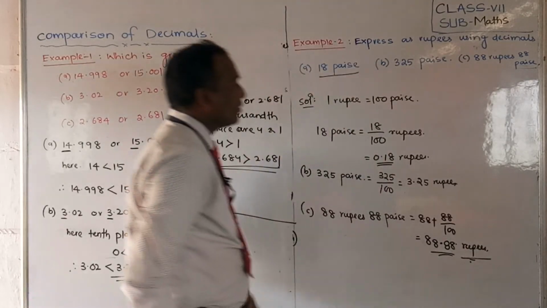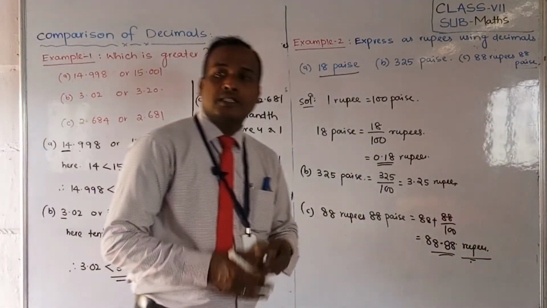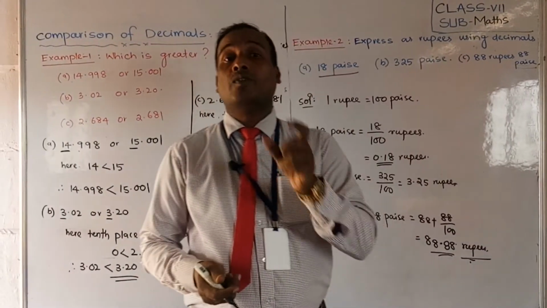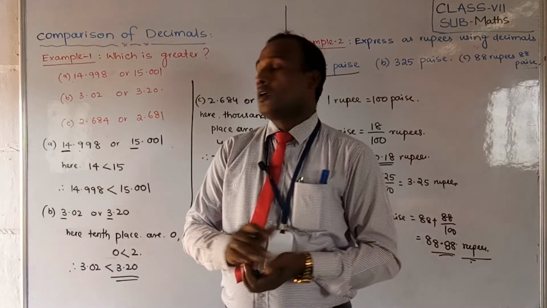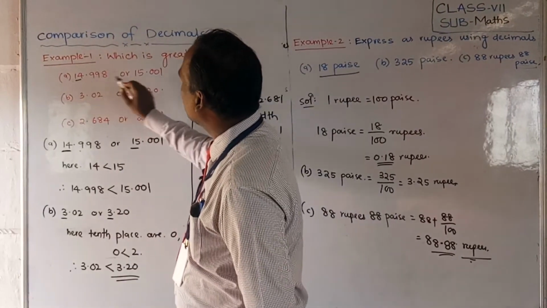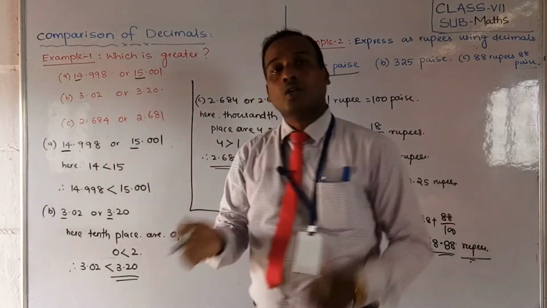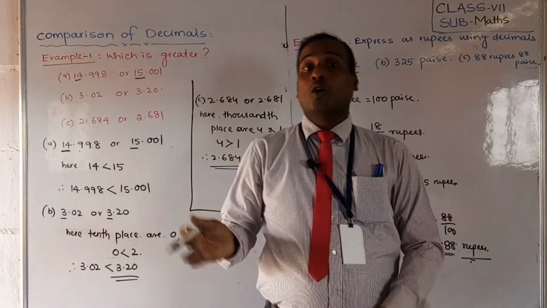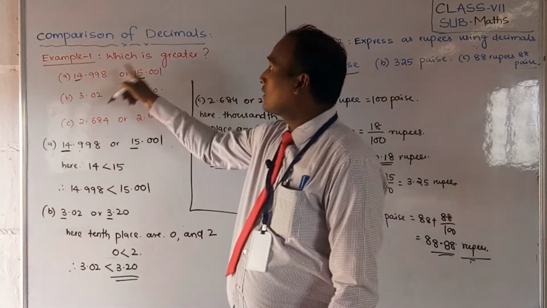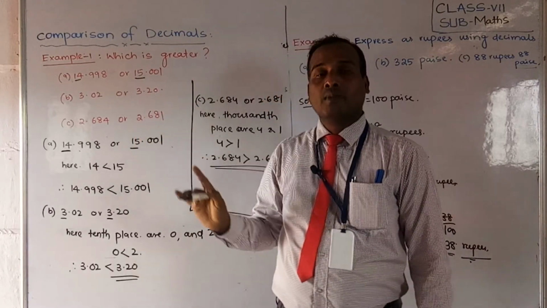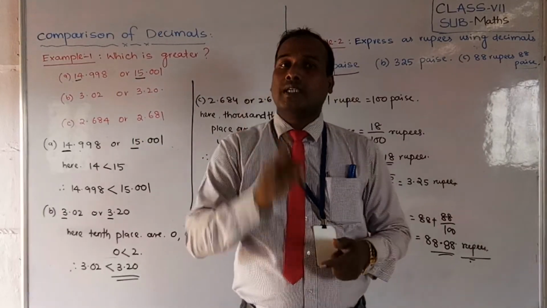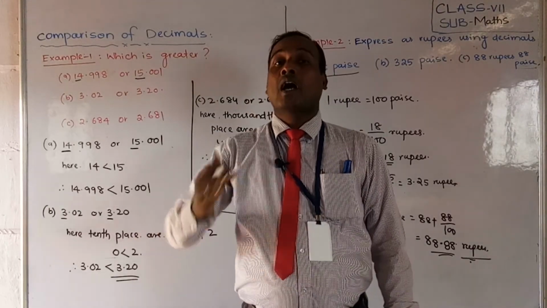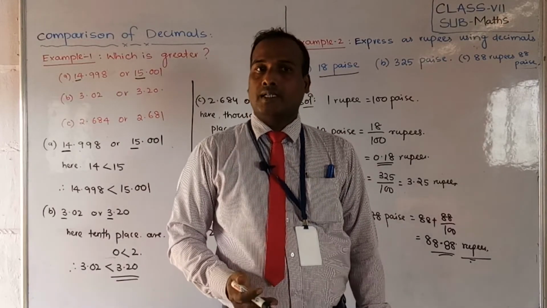Okay, students, I hope you have understood how to compare decimal numbers. If two decimal numbers are given, how will we compare? Already I have told, first of all you have to check the whole part of the decimal. This is the whole part, this is the whole part. First these two numbers you have to compare. Whichever is greater, that decimal number is greater. If both whole parts are equal, then you go for the 10th place of the decimal number. If 10th places differ, whichever is greater, that decimal number is greater. If both 10th places are same, then you go for the 100th place. As usual, you go to the right side and compare.